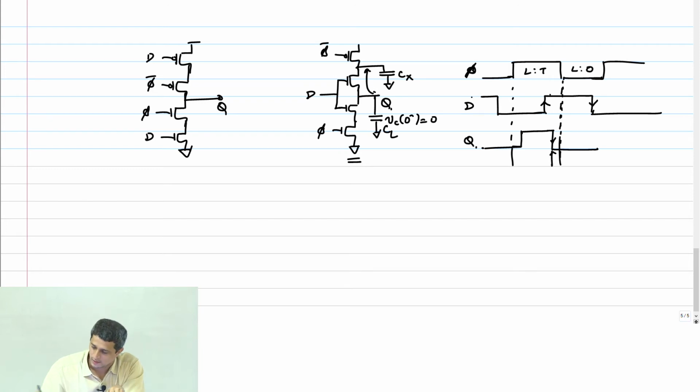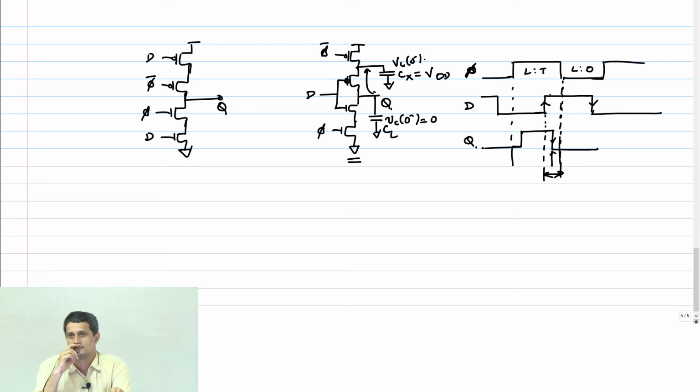Now at this phase, in this period here, my clock PMOS is on, right? And what has happened to D? It has gone high, thereby turning off this transistor. So what is the state of Cx? VDD, right? Vc of 0 minus is VDD. So this Q now, because of this, when my data falls in the opaque state, will charge share and come to some in-between value.